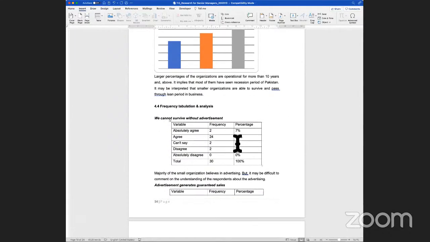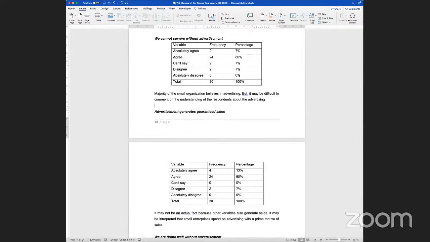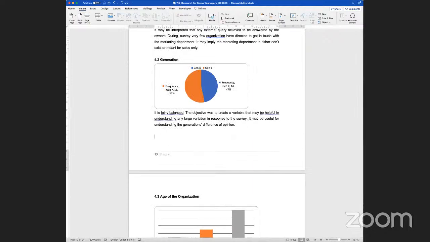Then he's looked at the questionnaires using the Likert scale. He's drawn up some details which have come directly from questions like: do companies advertise, don't they advertise, do they believe advertising works? And those have been presented as tables, as you can see, in the findings side